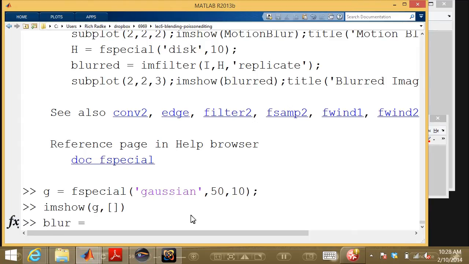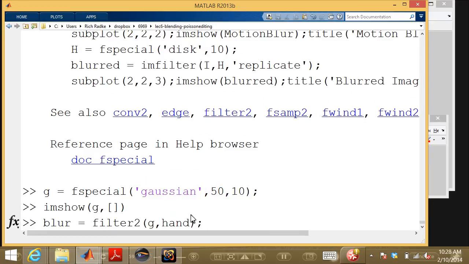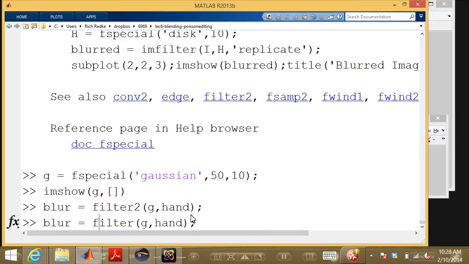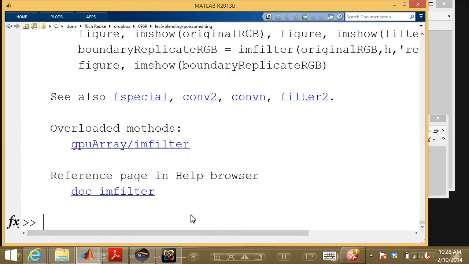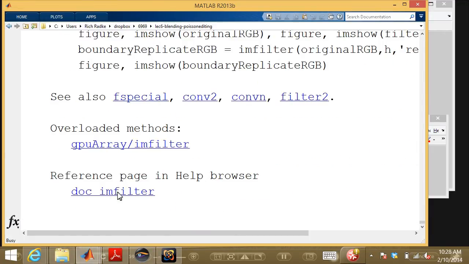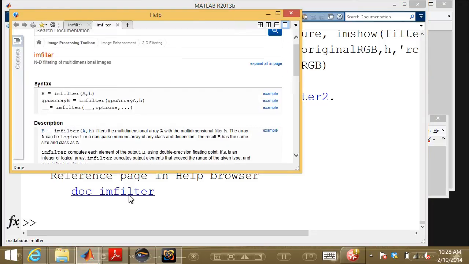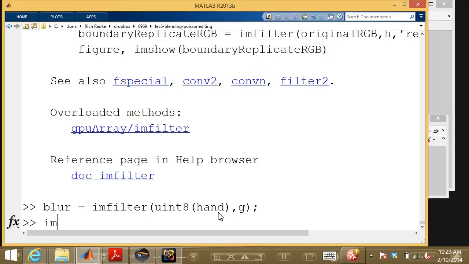guy is going to be what I get if I filter my hand image. I guess I have to supply it with the Gaussian. Oh, actually, no, I want to do imfilter, I guess is what I want to do. So clearly I should have prepared this before class. Let's just see here. So, what don't we like about this? Imfilter. Let's just look at the reference page. I guess I have to supply the image first. Finally. Okay, so now if I look at imshow blur,